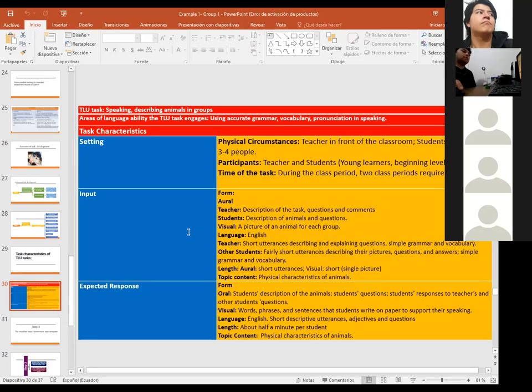The language is obviously English. The teacher shares utterances describing and explaining, questions, simple grammar and vocabulary. Other students, fairly short utterances describing their pictures, questions and answers, simple grammar and vocabulary. The length is going to be oral: short utterances; visual: short, the single picture. The topic content is the physical characteristics of animals, and the expected response is the form we have here, oral,